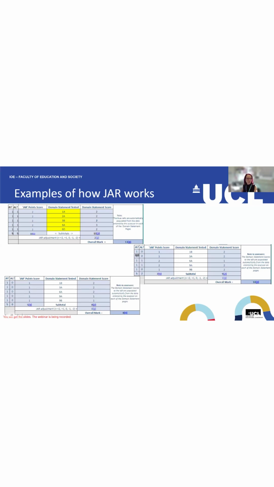And here is an example where somebody's done that's been justified and realistic. So they've been referring to the case study, but there's no evidence of learning from the course. It's almost like they've not done the MPQ course. So their score for JAR is just a 0. So they're not taking anything away, but they're not adding it. And again, they're in a bit of a danger zone here because it's 8 marks. And depending on the quality, we don't know where that pass is. It might not be at an 8. So we need to make sure that we put you in the best possible position.